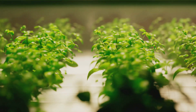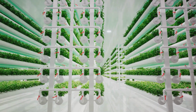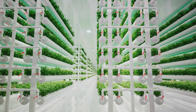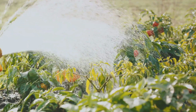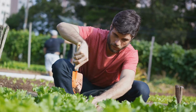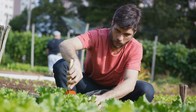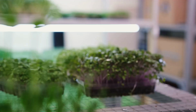And let's not forget the exciting world of hydroponics, a soilless gardening method that's particularly suited for urban environments. We've covered the basics of garden maintenance, including watering techniques and natural pest control methods to keep your garden healthy. And finally, we've discussed how to harvest and store your crops to maintain their freshness and nutritional value for as long as possible. All of these lessons point to one thing: urban survival gardening is achievable for anyone willing to